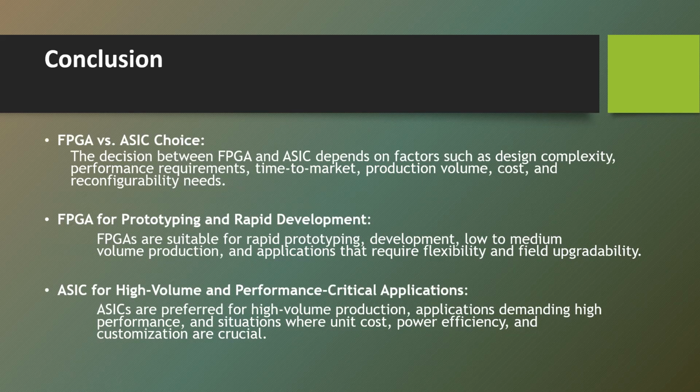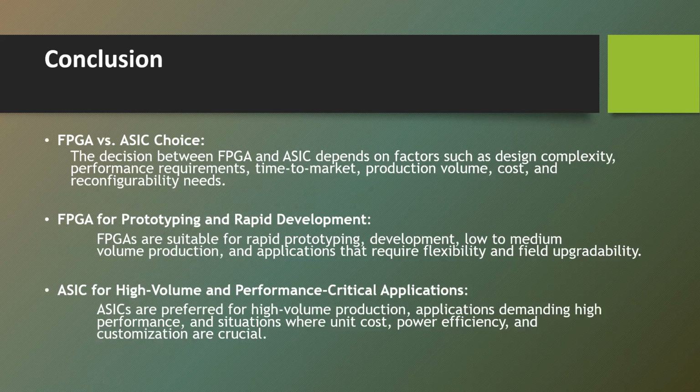So if your design needs rapid prototyping, you can choose FPGA. If you have low to medium volume production, you can choose FPGA. If you require flexibility and upgradability, then also you can go for FPGA. And when to use ASIC? ASIC for high volume and performance critical applications. The designs which demand high performance, and situations where unit cost, power efficiency, and customization are crucial, that time you can choose an